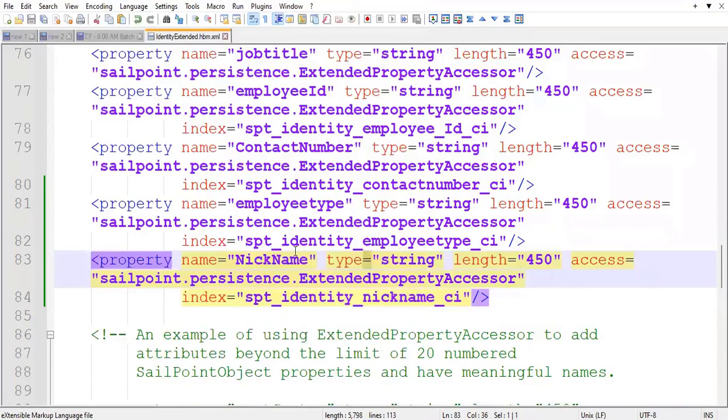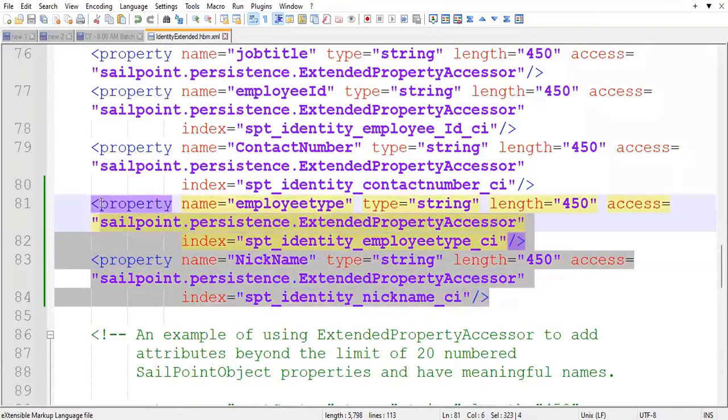So this is the first step. You have added extended attributes. That custom attribute you have added in the Hibernate file has been done. The second step